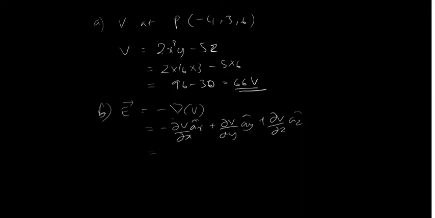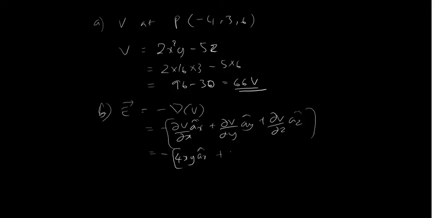So that will be dou V by dou x. So with respect to x, if you differentiate, that will be minus, with respect to x, 2x square y, so 2y is constant, for 2x square it will be 2x, so 4xy Ax cap